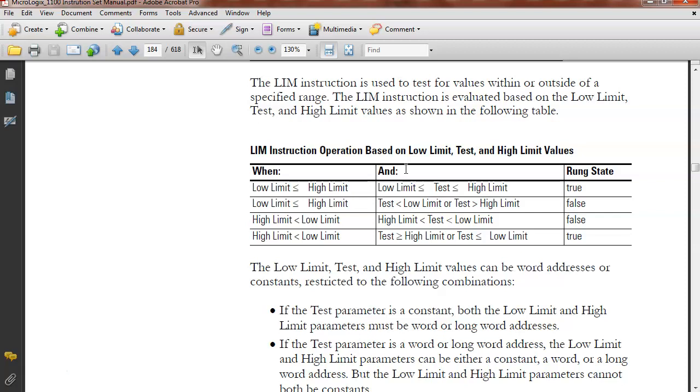The low limit, test, and high limit values can be word addresses or constants, restricted to the following. If the test parameter is a constant, both low limit and high limit must be word addresses, right? So if we wanted to set a limit, I could set a low limit, then a high limit. And if we use two constants, then the test has to be a